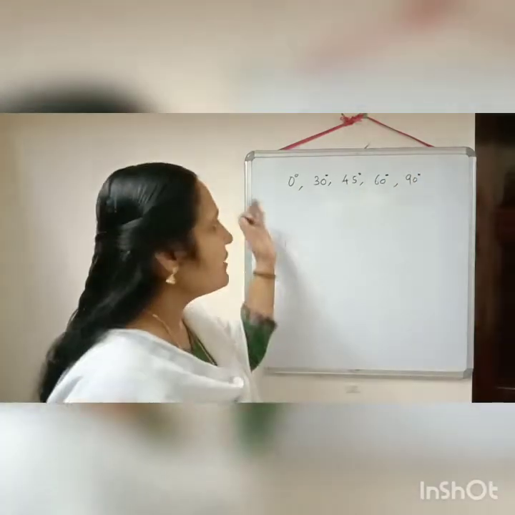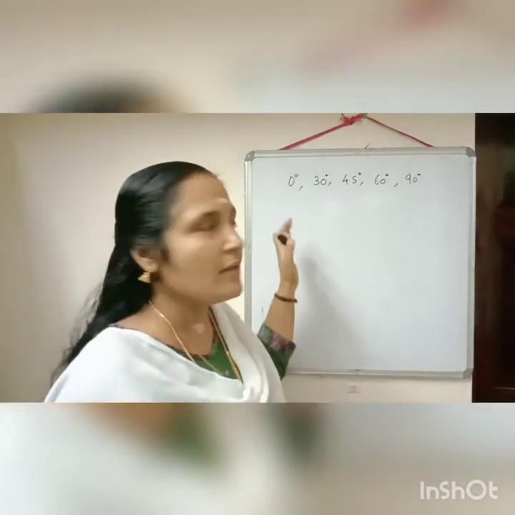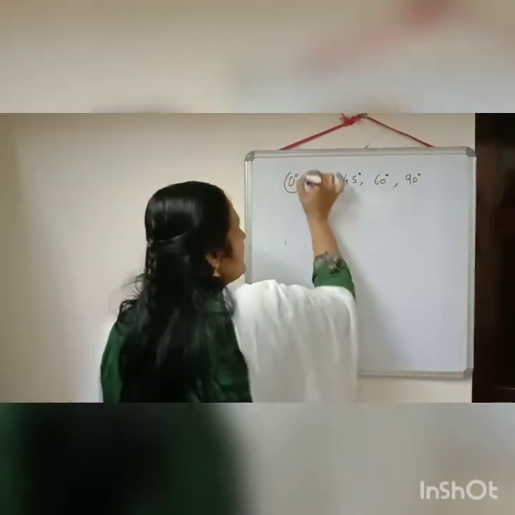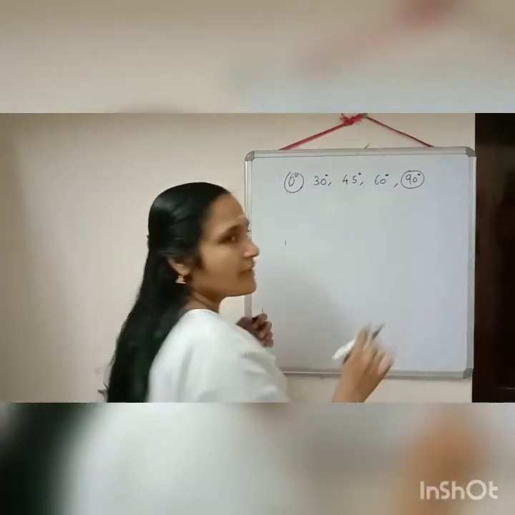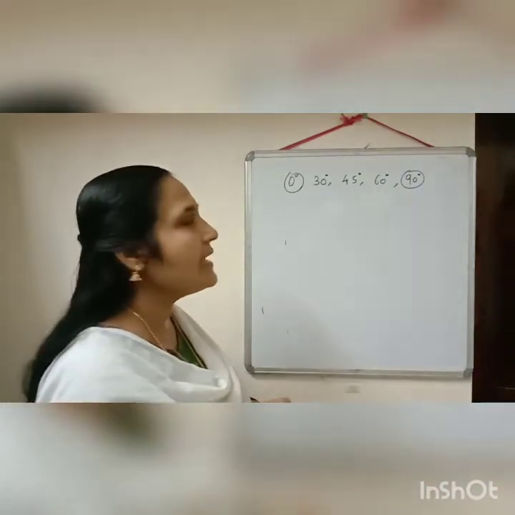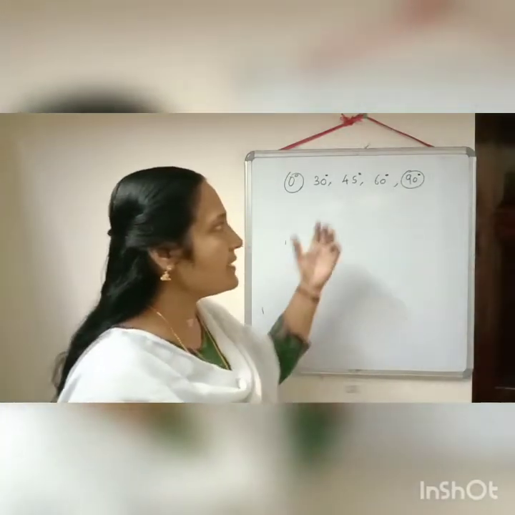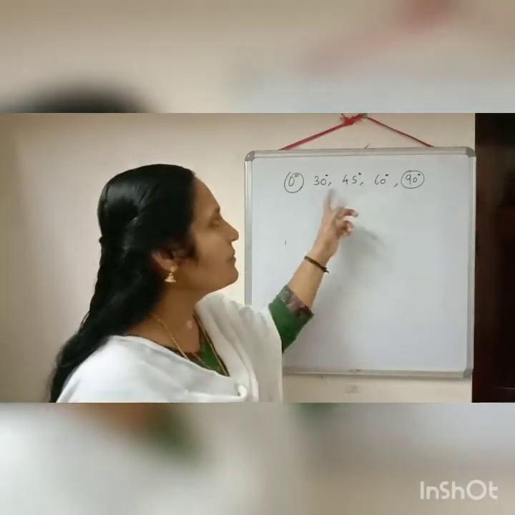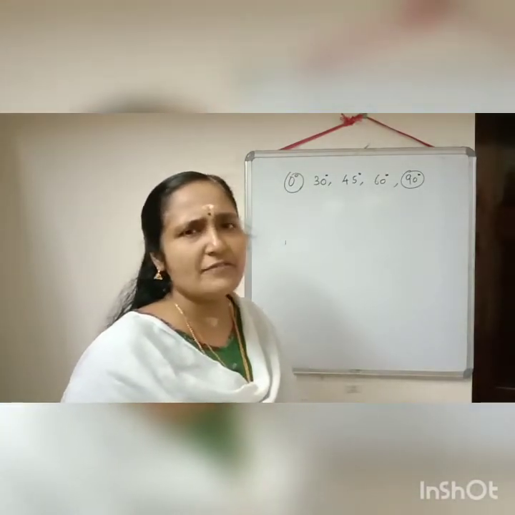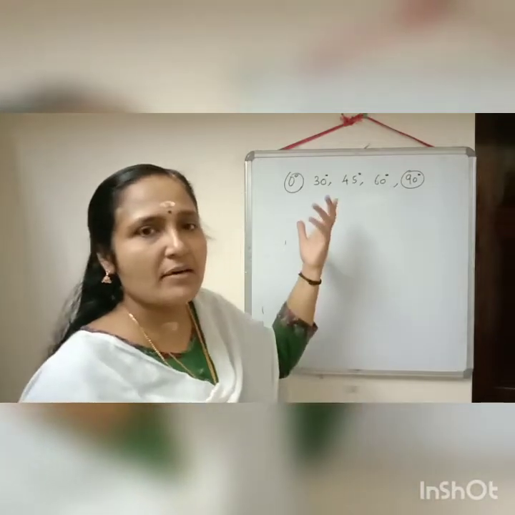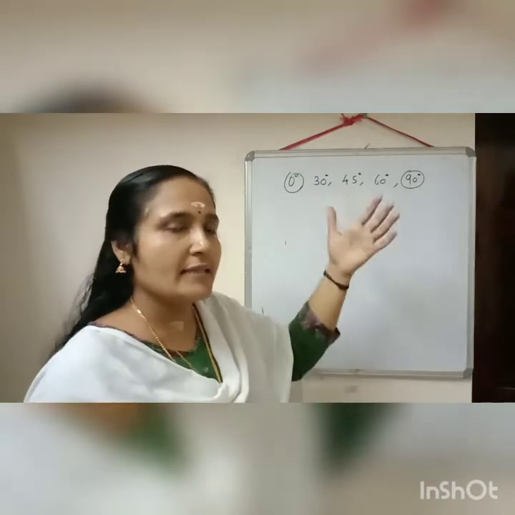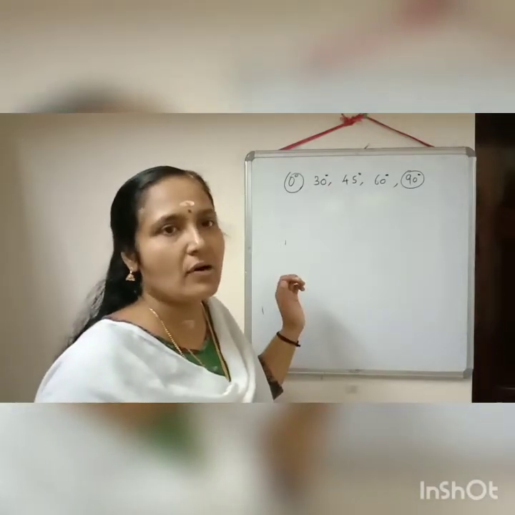Normally we do the proof of all the values of these trigonometric ratios, but for this year, for 0 degree and 90 degree the proof is avoided. How to find out the trigonometric ratios of 0 degree and 90 degree? Proof of that is avoided. So the remaining proofs we can do. For that we just need the value of sin theta and cos theta, because the rest we can calculate using the concept of inverse, and then tan theta is equal to sin theta by cos theta.